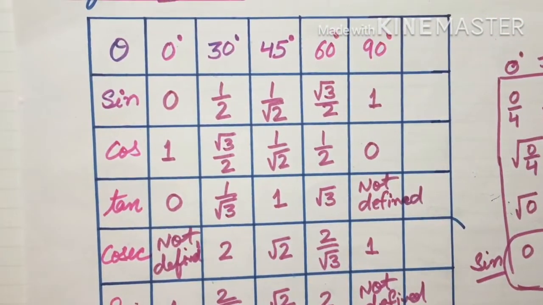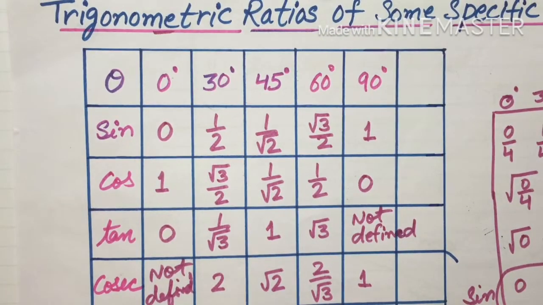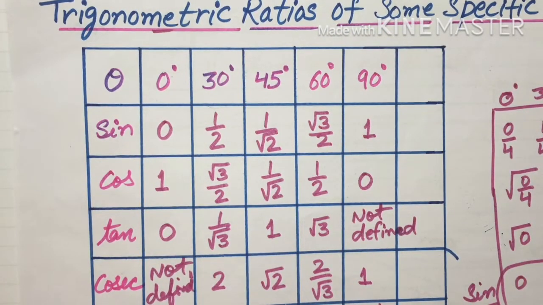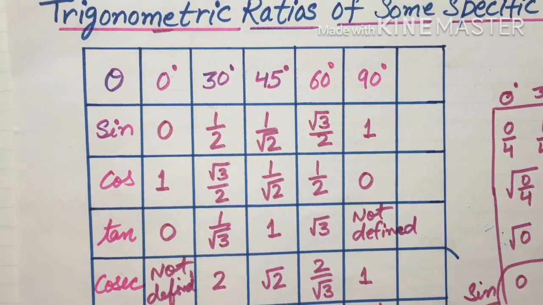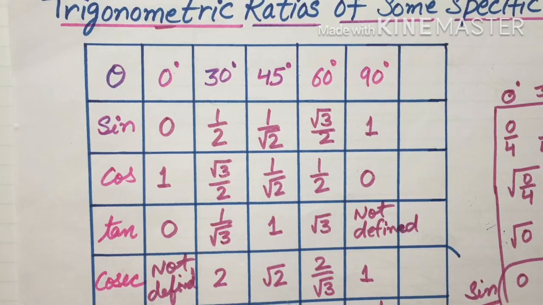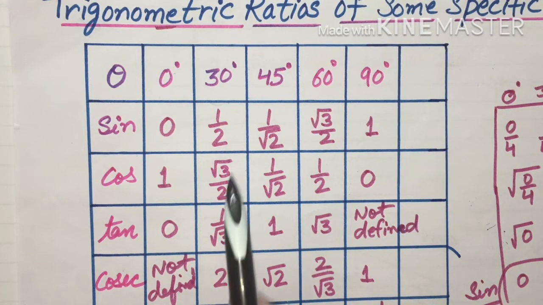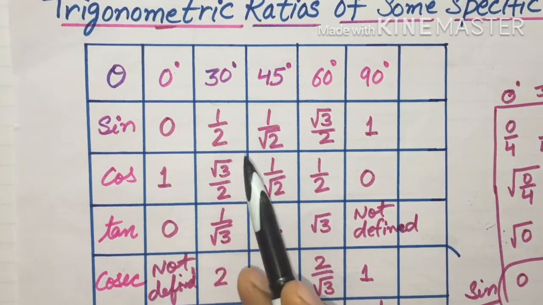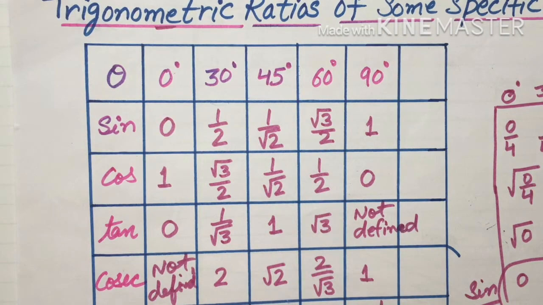So if you don't know how to draw this table, you can go on my channel and check the video on how to draw the trigonometric ratio table by two tricks. It is a must for this exercise, and for the full trigonometry chapter, that you know how to draw this table, so that you know which trigonometric ratio has what value at a particular angle, and you can put the value in the question and solve it. So this was the first step for this type of question.